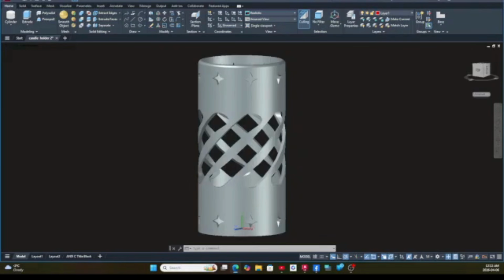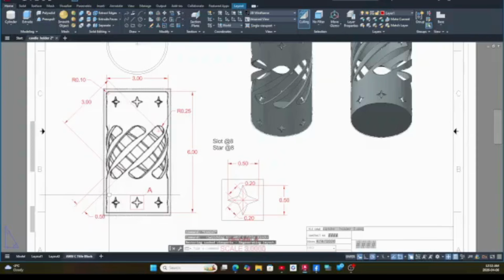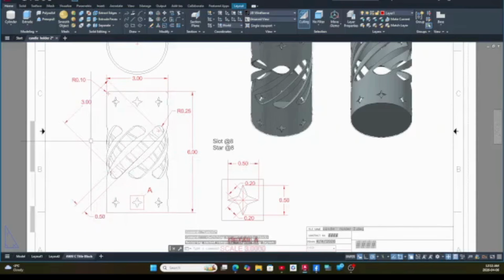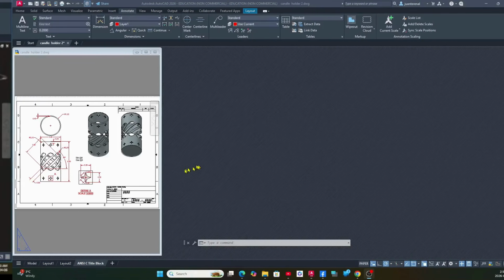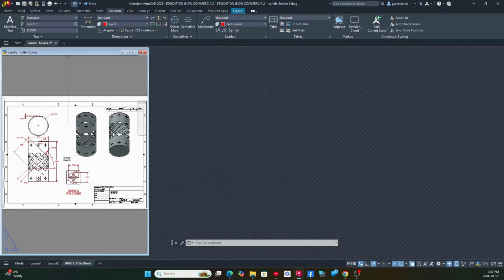Welcome back. Today I'll show you how to create a 3D candle holder in AutoCAD 2026. The holder's thickness is created using the shell command, and I added 8 angled slots, each at a 45-degree angle, evenly wrapped around the cylinder. So stay tuned as we go step by step to model the candle holder from the base all the way to the star cutouts. To start a new drawing, click this drop-down arrow